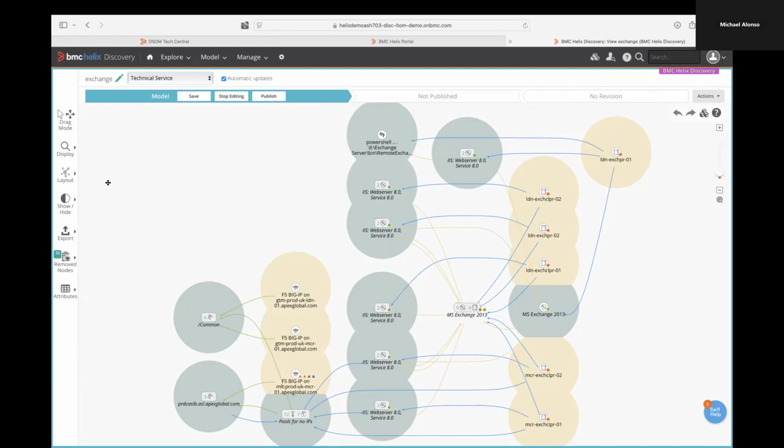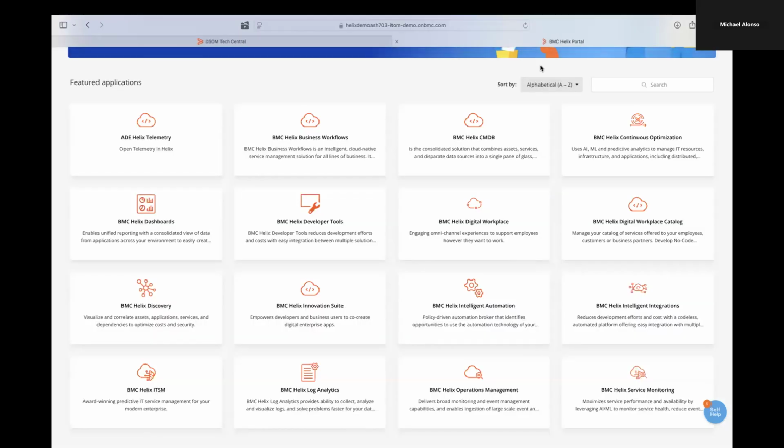So with that, I'm going to end the demonstration of our discovery technology here and move on as part of the demonstration. So now we started with bringing data in from a discovery standpoint. Now we need to start talking about bringing other data in. We bring other data in a couple of different methods. First off, I'm going to show you very briefly.